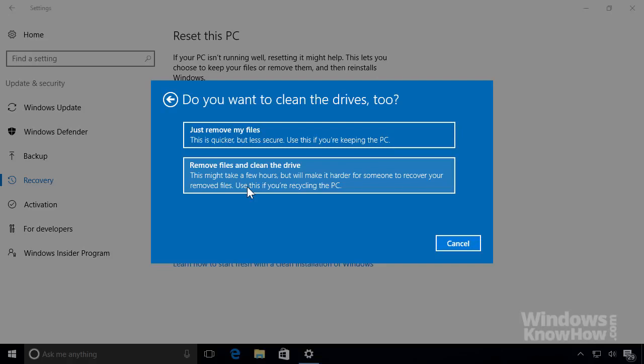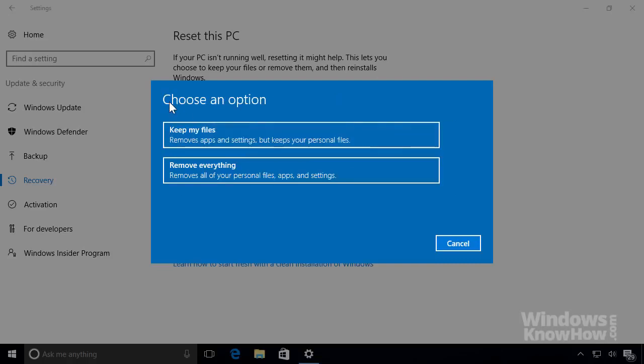Although this option is more secure, it can take several hours to complete, so use this option if you're recycling your PC or giving it away. Otherwise, if you still plan on keeping it, you can just have the files removed, which is much quicker. For this video, we'll keep all our personal files, so we'll go back to the previous page and select the